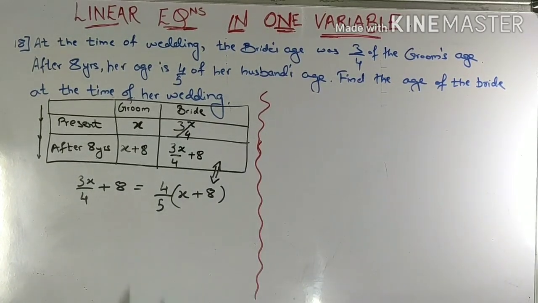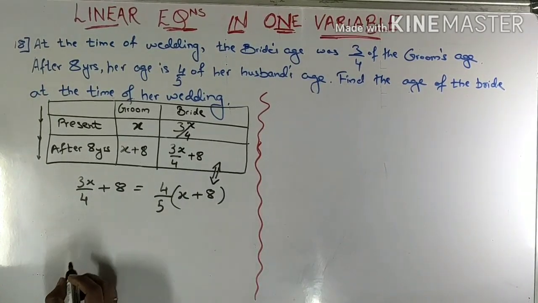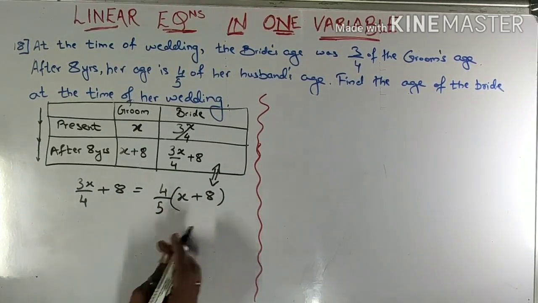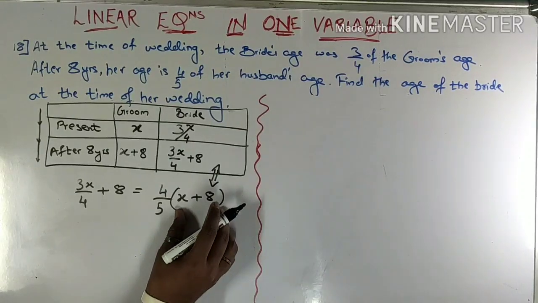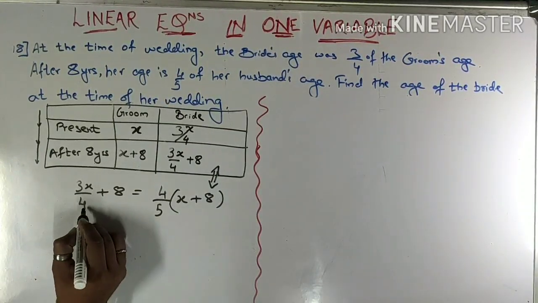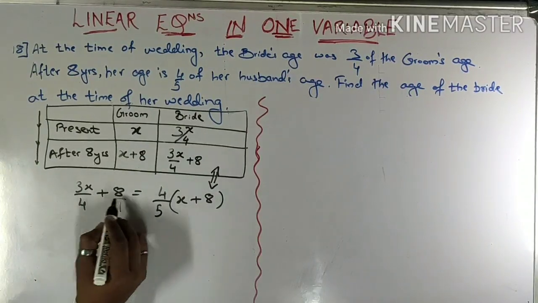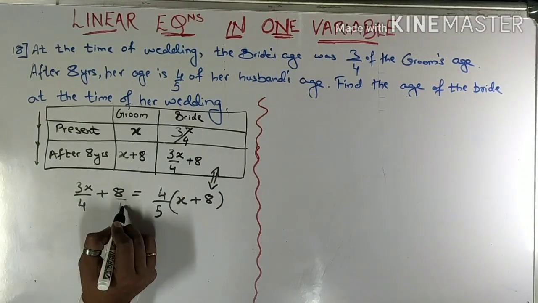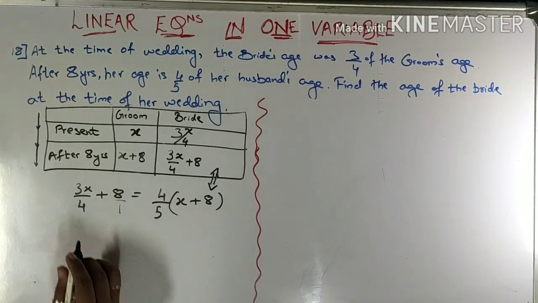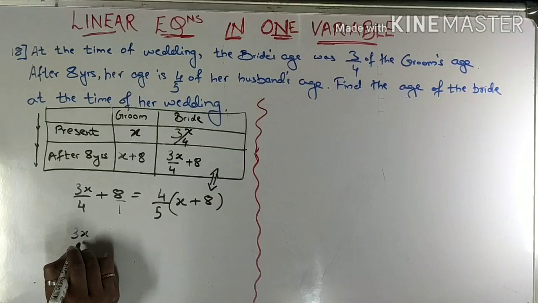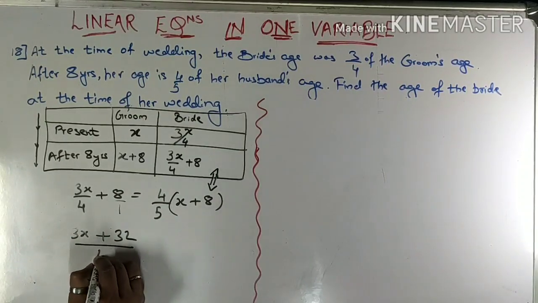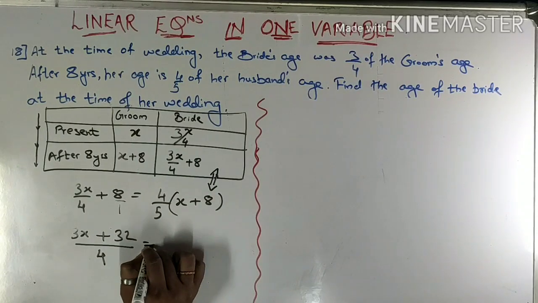So when I take this into consideration and take the LCM over here and solve the left hand side and right hand side, we need to open this bracket on the right hand side and I need to take the LCM before actually solving. So this is 8 upon 1. So when I want to convert or make this denominator as 4, I will have to multiply the numerator also by 4. So 3x plus 8 4 is 32 upon common denominator will be 4 equals